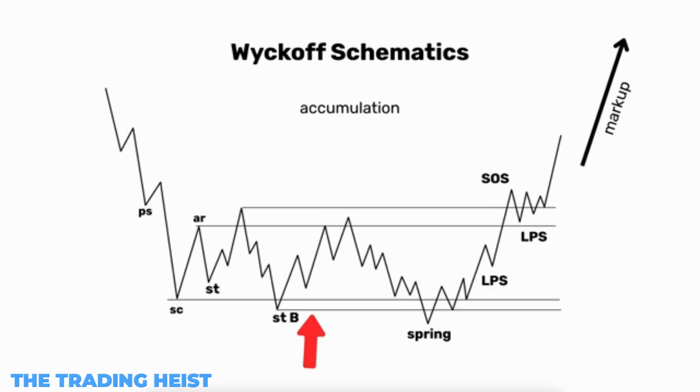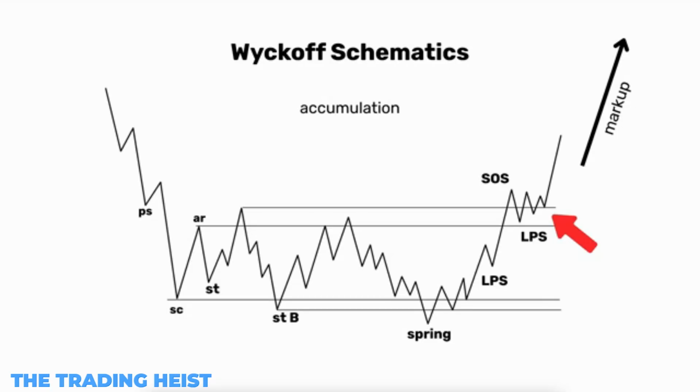This phase here is where buyers are starting to cleanly take control of the market and the seller strength is fading away. This move here, called a spring, is the final attempt lower by sellers before buyers completely take control of this market and push it to the upside, where we get a sign of strength,